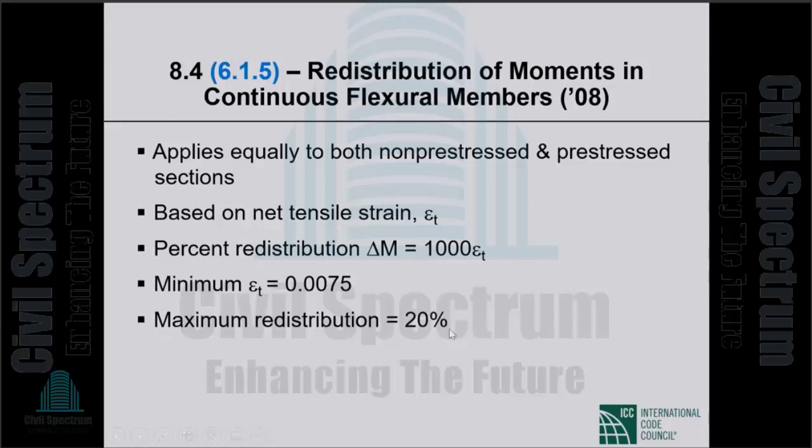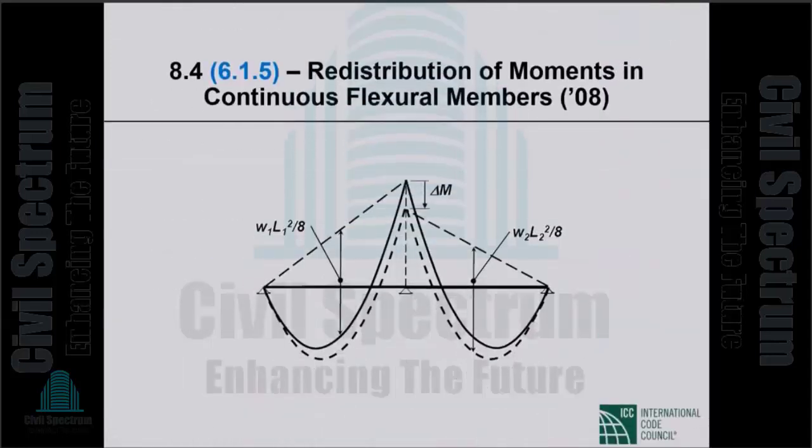Maximum redistribution you can take, irrespective of the value of epsilon sub t, is 20%. So the redistribution you are allowed is 1000 epsilon sub t. You cannot take any redistribution unless epsilon sub t is at least 0.0075, and the maximum you can take is 20%. Okay. Now, moment redistribution now can be, you decrease the negative moment by delta M, in which case the